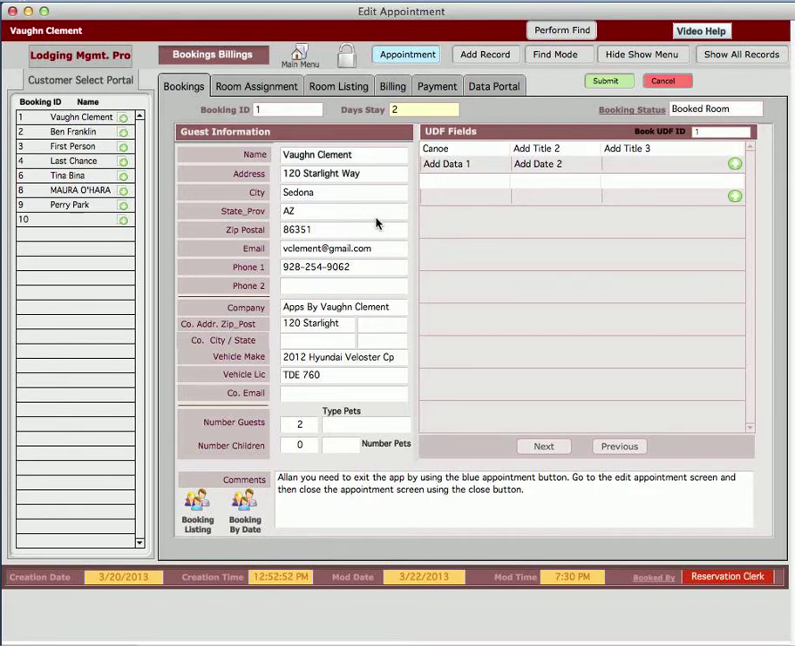Now recall, I said if this is through a browser and you're using this as a server application, then you would need to submit or cancel the record before you leave this area. So you would simply click on the submit in the browser and it would save the data you just added or modified. The next thing we'll be covering in the next video is the room assignment, the room listing,